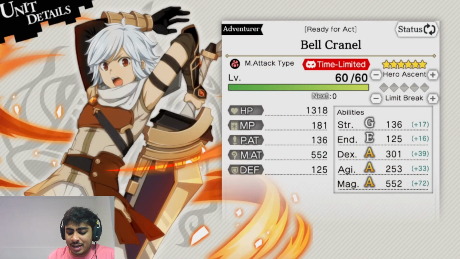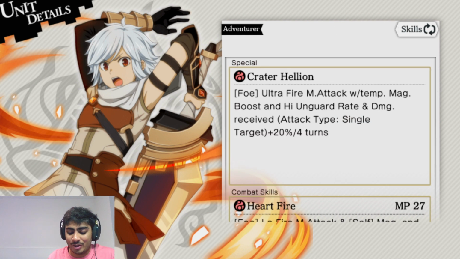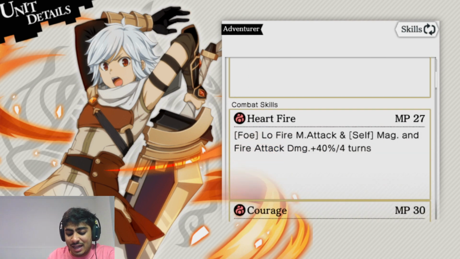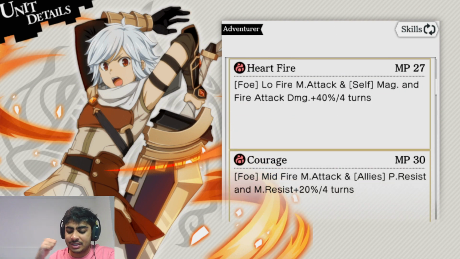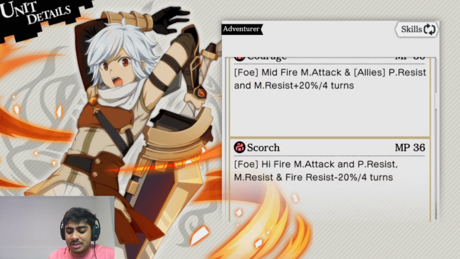Now we move on to the next Bell, Ready for Act Bell. Another time limited Bell. A lot of time limited fire magic Bells, to be honest. All right. So this guy is a single target unit. He gives himself magic and fire attack damage plus 40% for 4 turns. Then he increases allies' P-res and M-res, and then he decreases the enemy's P-res, M-res, and fire res by 20%